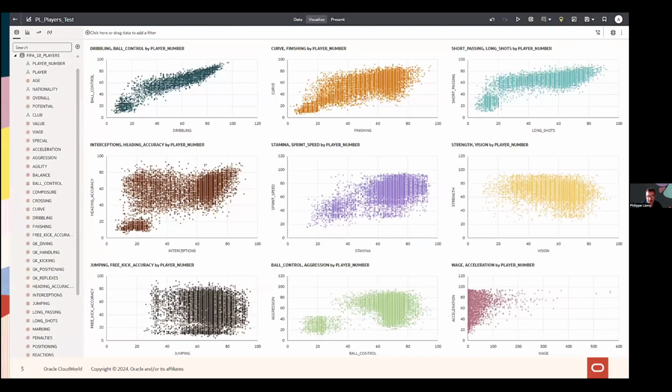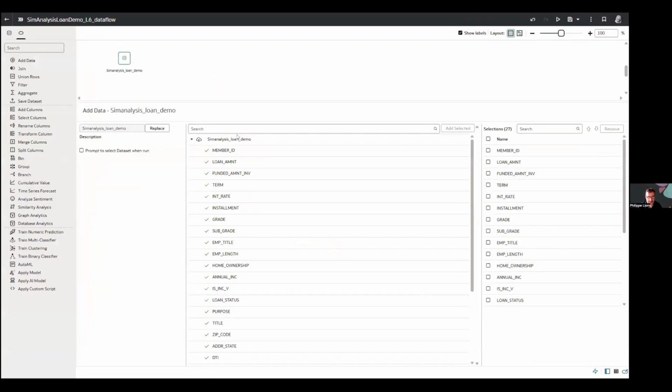But if I look at a data set, this is a visualization that represents a data set that has multiple records and a lot of dimensions and a lot of metrics. And what I may be interested in is to find out which ones are closest to another according to all these dimensions and metrics. So let me take a live example, as a matter of fact. This is some data that I have with loan data.